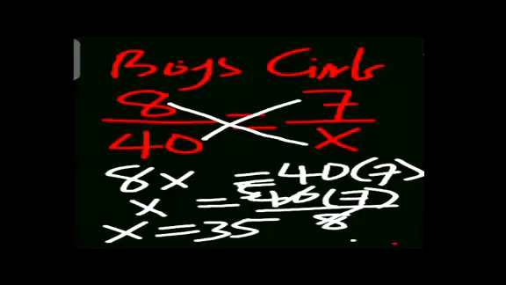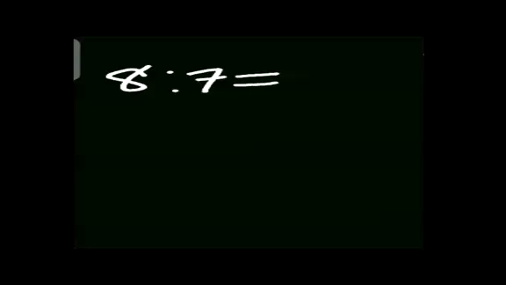Then let's look at another method that can be used to solve this. We can use another method to solve this. And what is the other method? We were given the ratio of boys to girls to be 8:7. So we just write 8:7 for the boys to girls, and now you equate it to